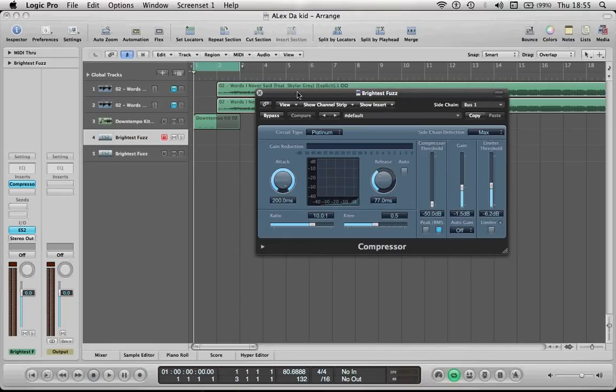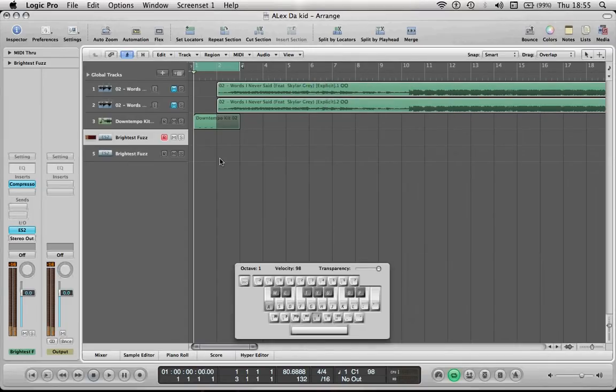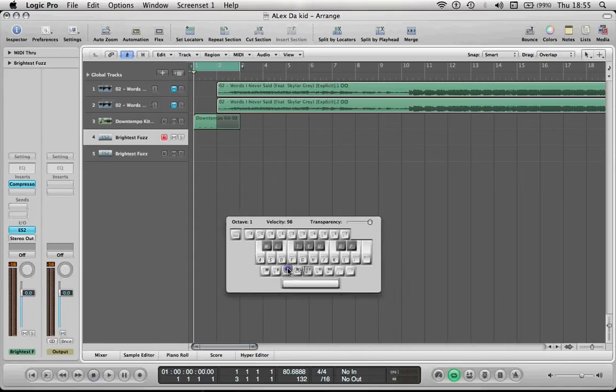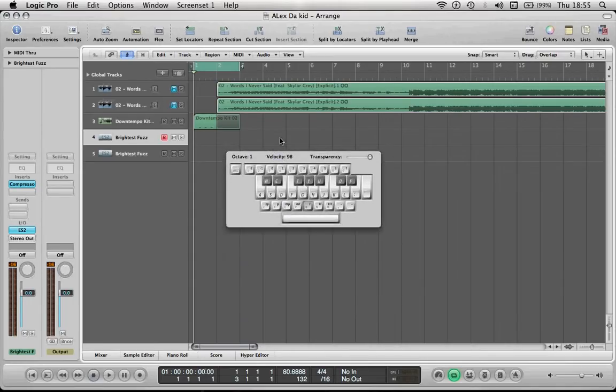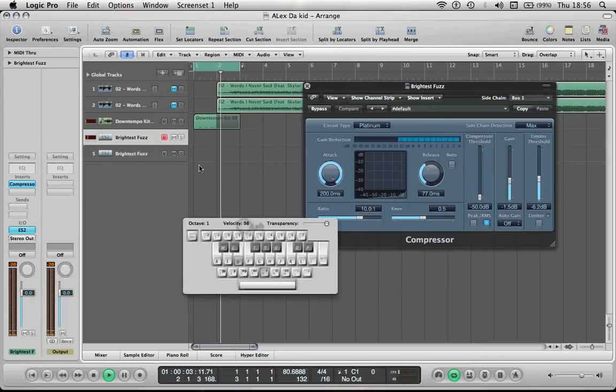Now, on its own, before you've added the bass drum, the synth will sound like this. Okay, just the basic synth as it would sound. When you actually activate the compressor, if I play this, you'll hear the effect that it gives. And on the other synth,